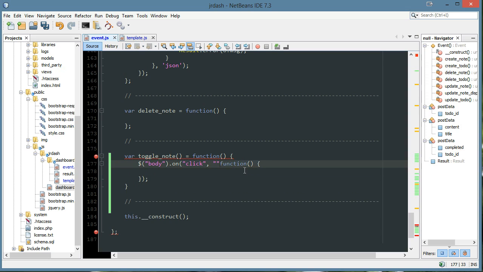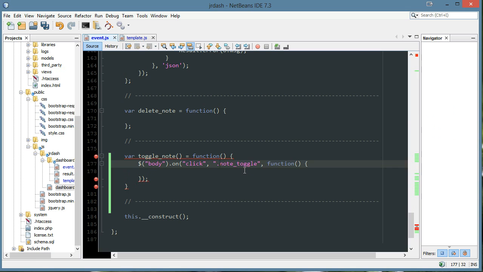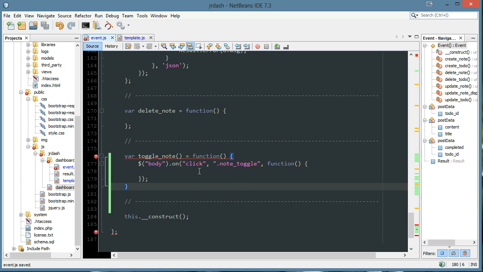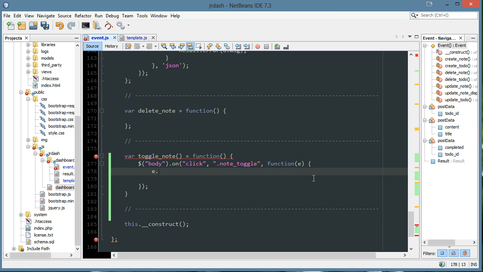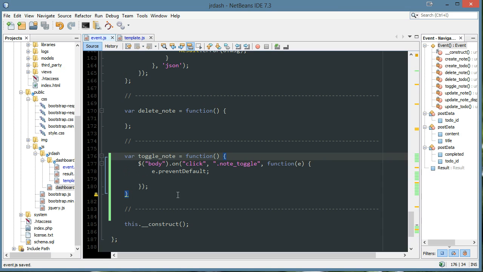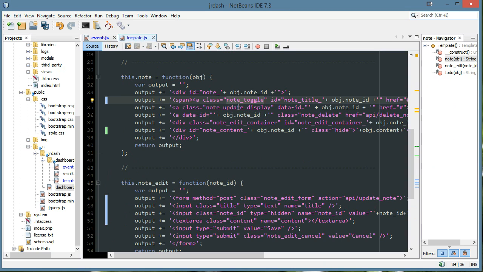Forgot my parameter right here. Okay, so body on click note toggle. What happens? Well, let's first add an e here and do e.preventDefault. Also, this has to be like that. And there. Okay, so note toggle is here,